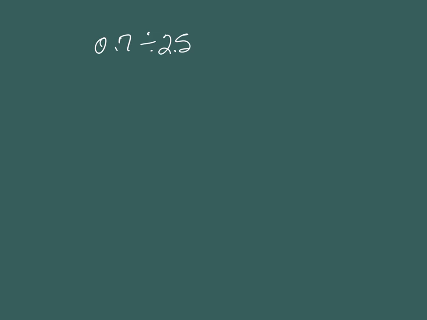Okay, so we'll try this version of a problem. And here we've got 7/10 divided by 2 and 5/10. So we're going to change it to make it a fraction. And ideally, again, we don't like decimals inside a fraction, so how do I get an equivalent fraction without decimals? Well, 2.5, I'd like to be 25. So I'm going to multiply that by 10. And if I multiply the denominator by 10, I also have to multiply the numerator by 10. So that equivalently basically moves the decimal one place in each case. So 7 out of 25.